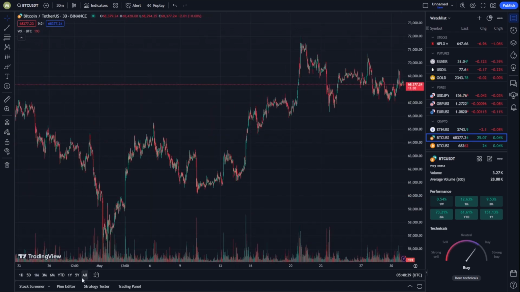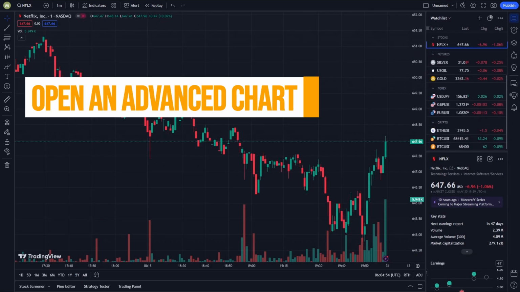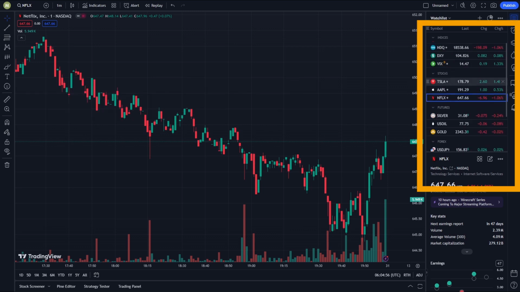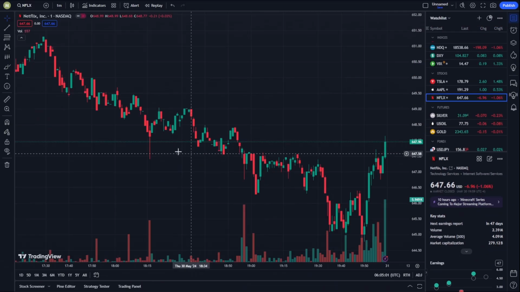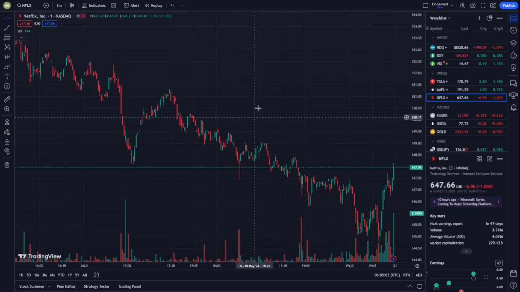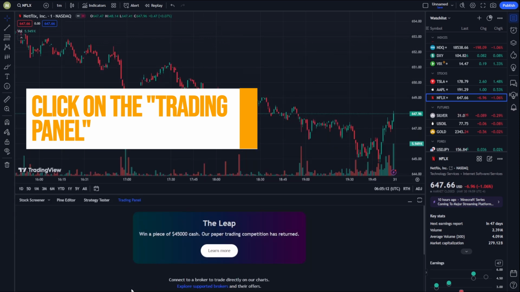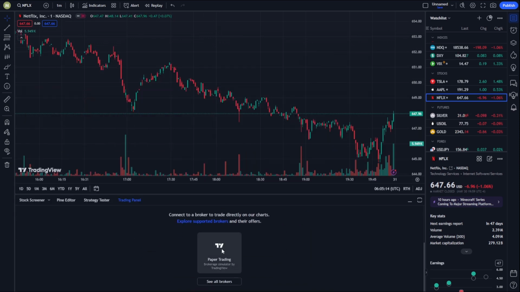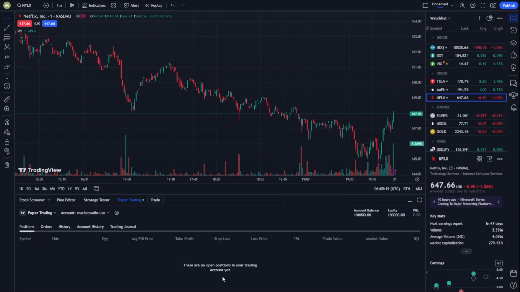To begin paper trading on TradingView, start by opening an advanced chart for the security you want to trade, such as a stock or cryptocurrency pair. This will allow you to visualize the market movement and make informed trading decisions. Once you have opened the chart, click on the Trading Panel button at the bottom of the chart to open the trading interface. This panel provides a comprehensive platform for managing your paper trading activities, including placing orders and monitoring